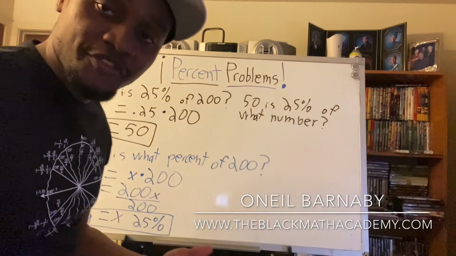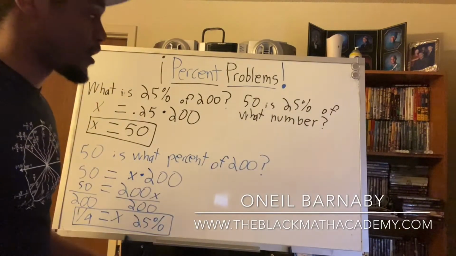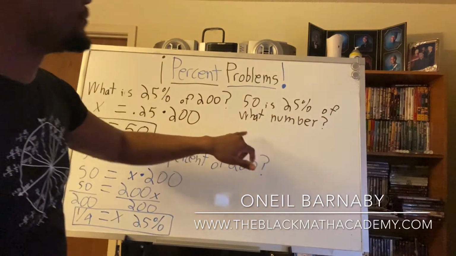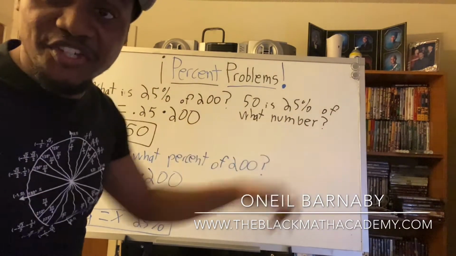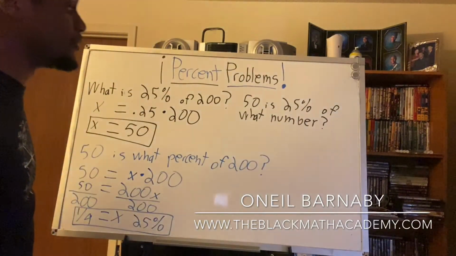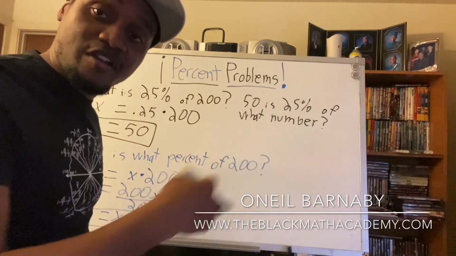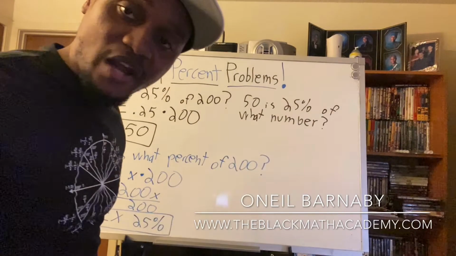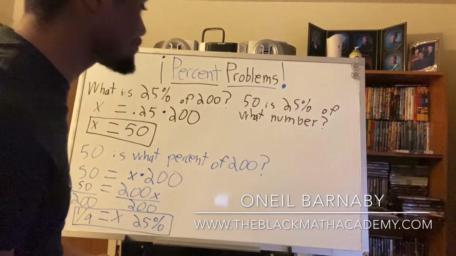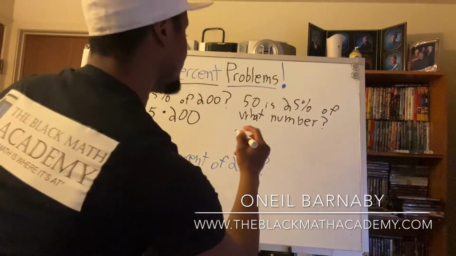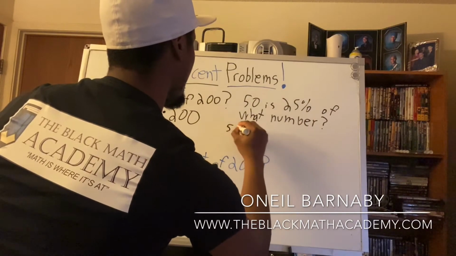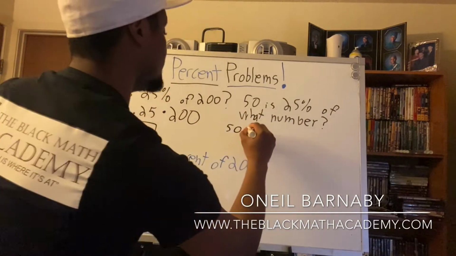What's missing in this case is what we're trying to take the percent of. That value is what we're missing in this particular problem. So again, the exact same method, translating every word into its mathematical counterpart is going to work once again. 50, that's just a number, means equal to